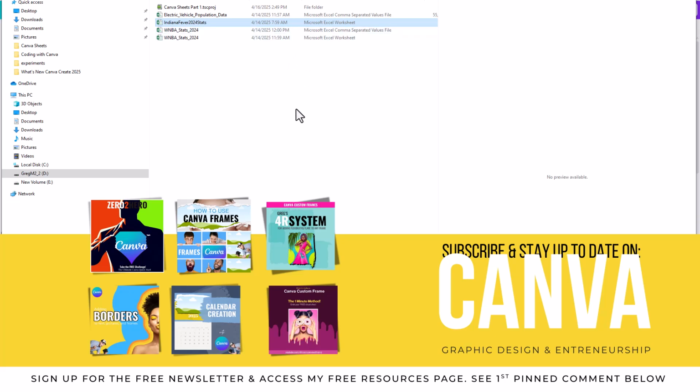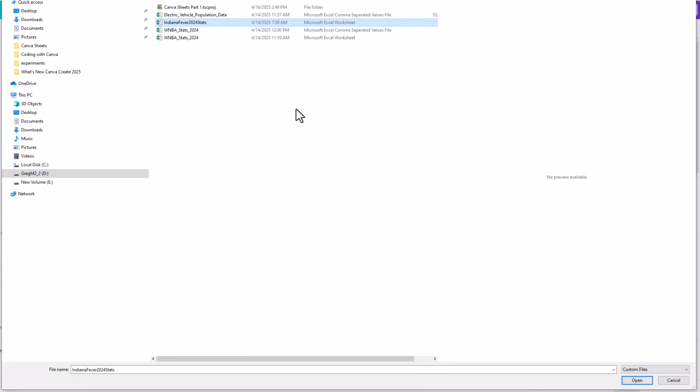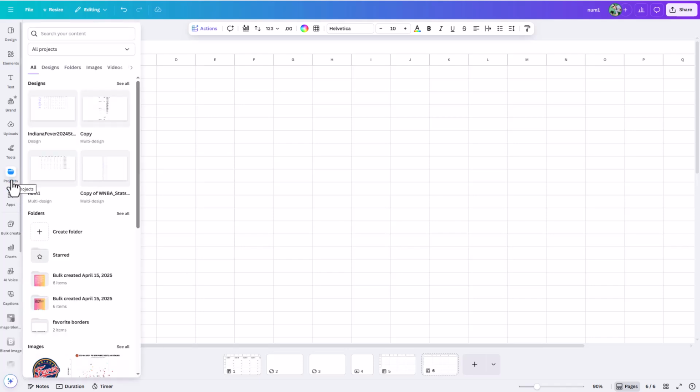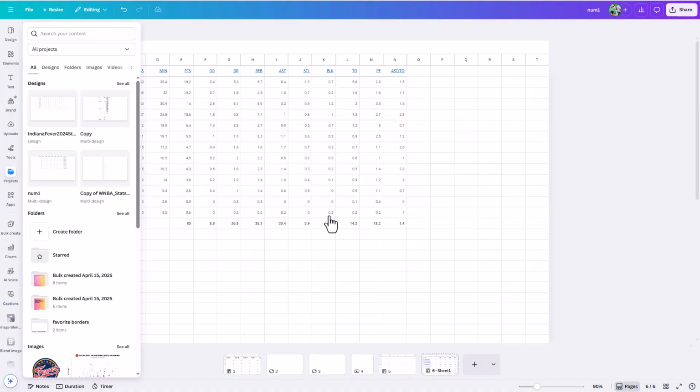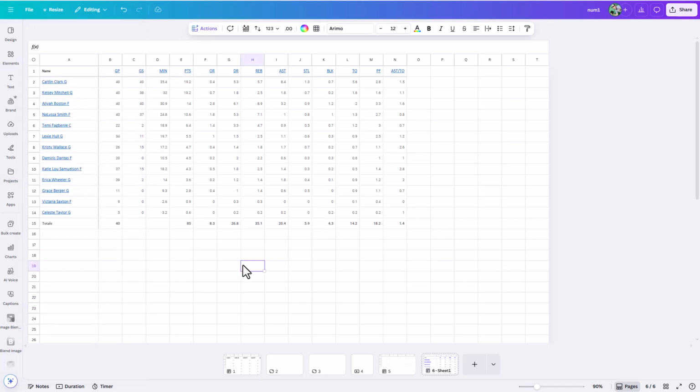Now, when you import data, you can either bring in an Excel spreadsheet or you can bring in a comma separated value file. This is a spreadsheet here, so I'm just going to go ahead and open this and give it a second. You'll see your uploads tab starts to churn here, so it actually gets uploaded to Canva. Then you have to apply it to your page. So I'm just going to click on this. It'll say, do I want to replace the current page or add as a new page? Well, in this case, I will just replace the current page, and then boom, suddenly that spreadsheet data I have